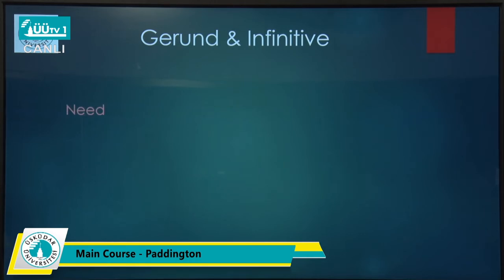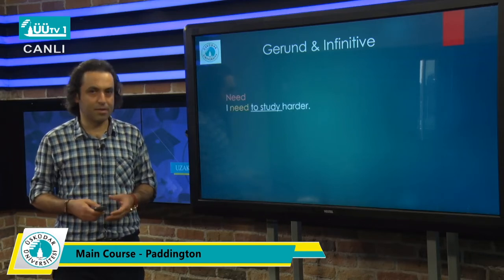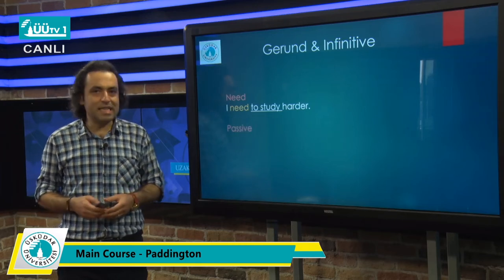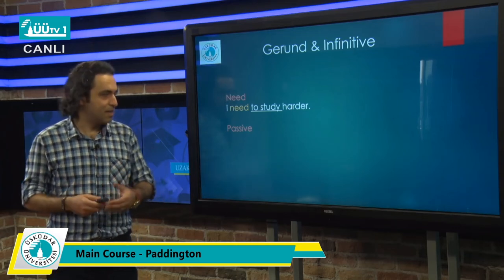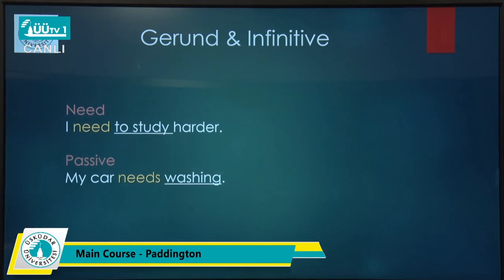Next verb is need. In 99% of circumstances, the verb after need gets to. I need to study harder. It is a kind of necessity. But if we want to use need in a passive form, which you covered last lesson and we talked about in detail, then the verb can appear in ing form. Well, my car needs a washing. Who's going to wash my car is not clear in the sentence, and that's a passive sentence. So that's why after need we used the gerund form of the verb.